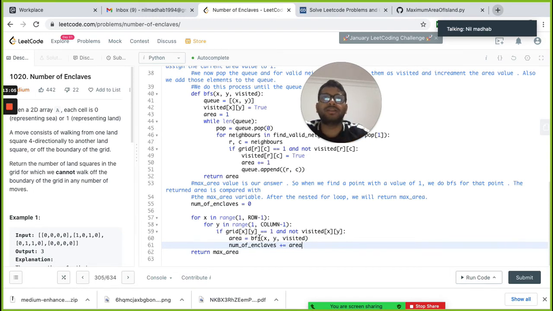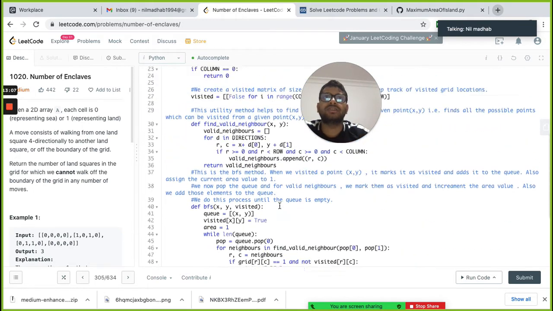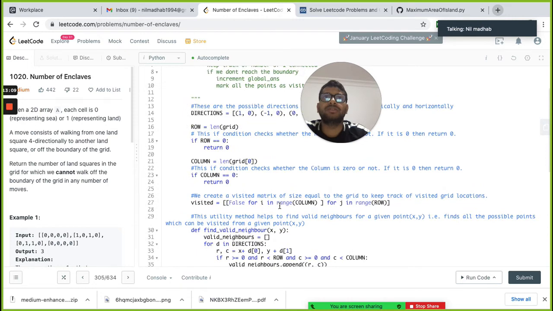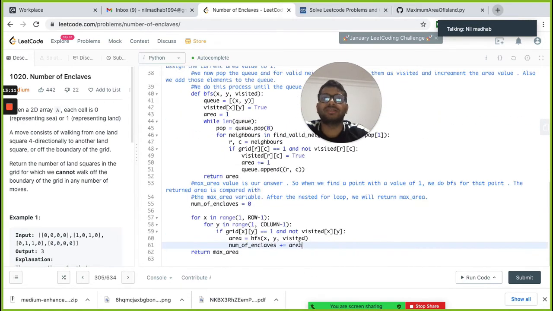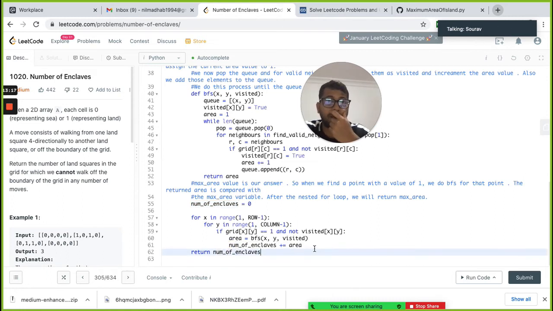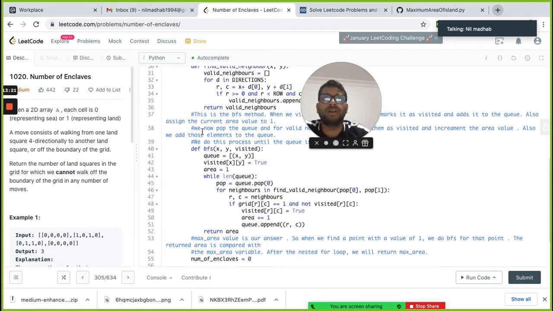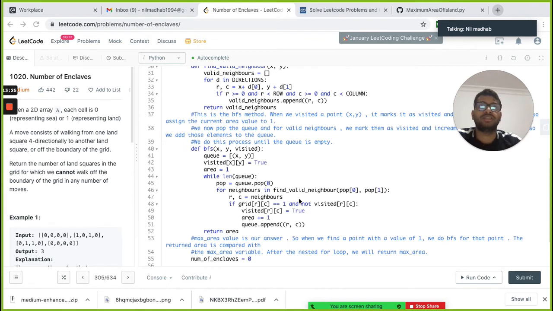Let's rename the area to number. Okay, it's fine, I think we don't need to change it. I think we also have to check for this boundary. So we just need to modify this BFS and keep track of this area.